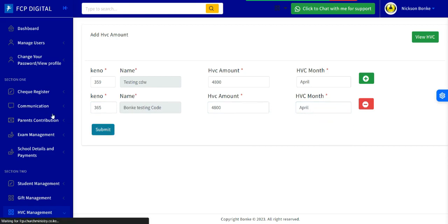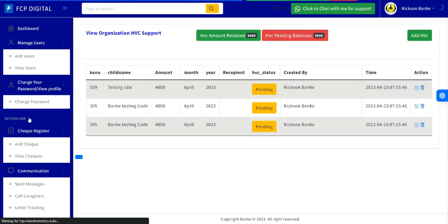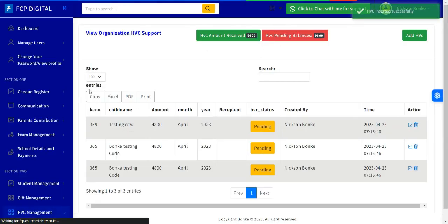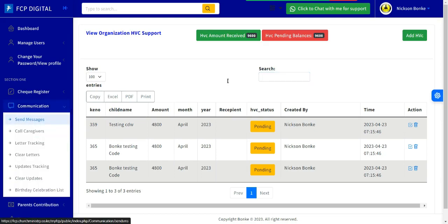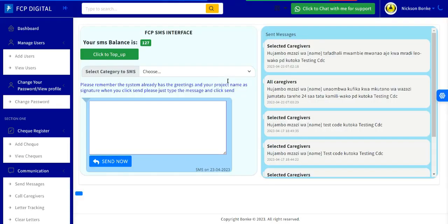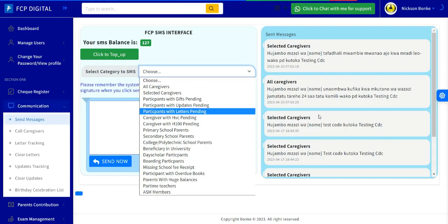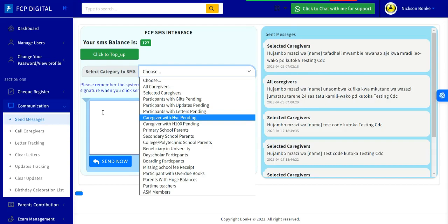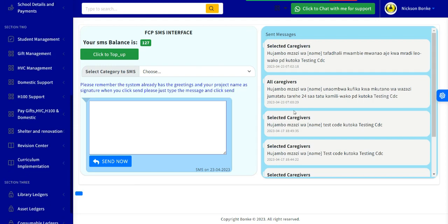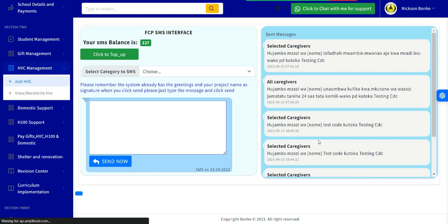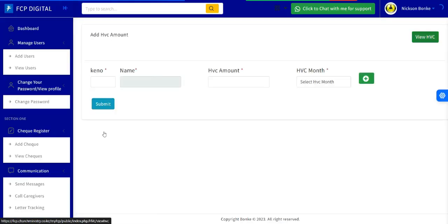Okay, when you click submit like that, the list will automatically appear. So all you need to do is to search the child name here, and then you can go to communication and send a message to those with pending HVC, so that they can come and collect their HVCs, or you can notify them that you'll send the HVCs. And uzuri ni kwamba it will help you to document the HVCs so well,